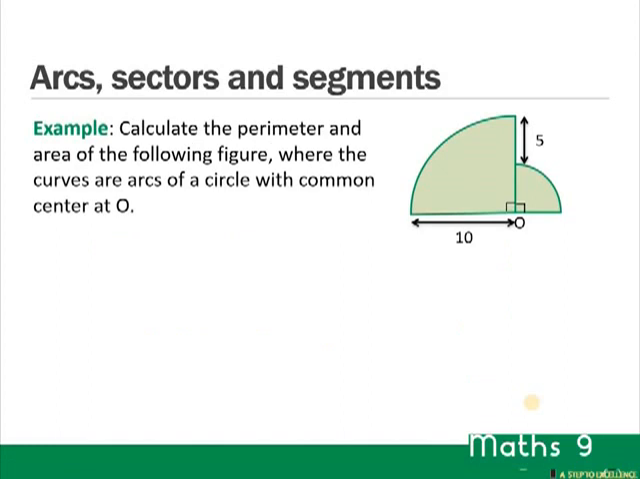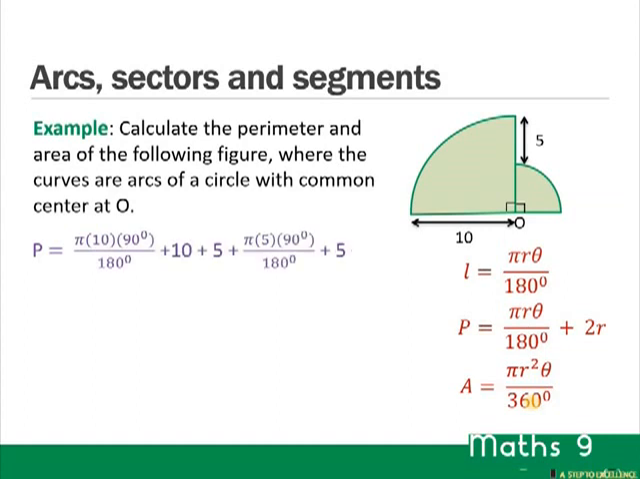Example. Calculate the perimeter and the area of the following figure, where the curves are arcs of a circle with a common centre at O. Here are the formulae. For the perimeter, we need to find this arc length, plus 10, plus 5, plus this arc length, plus 5. So it's pi times 10 times 90 over 180, plus 10, plus 5, plus pi times 5 times 90 over 180, plus 5, which is 5 pi plus 15 plus 2.5 pi plus 5,